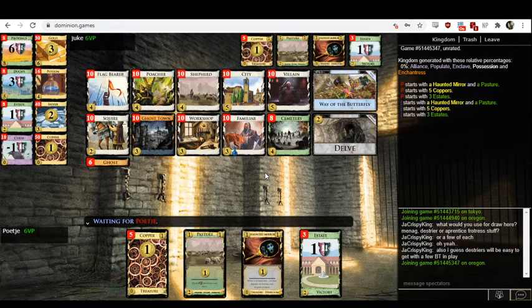Probably. I actually, I don't know. On the one hand, it's easy to trash a bunch real fast. You take a Workshop in the opening, and you could Workshop a Cemetery, and that's functional like Chapel. Well, asterisk. You trash 4 cards when you do that. The downside is it puts a Cemetery in your deck, so it's not quite as strong as Chapel, but